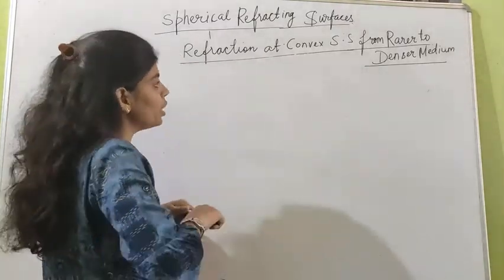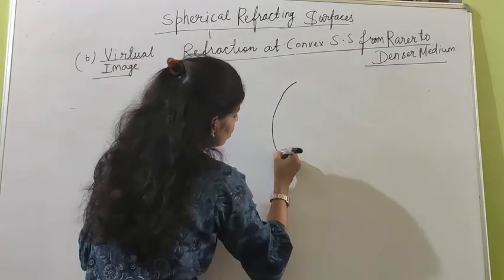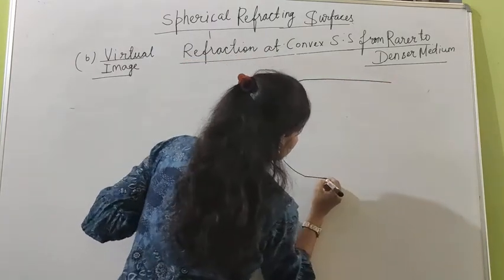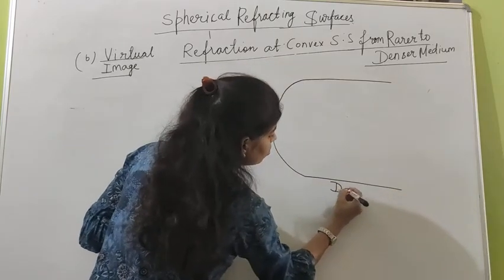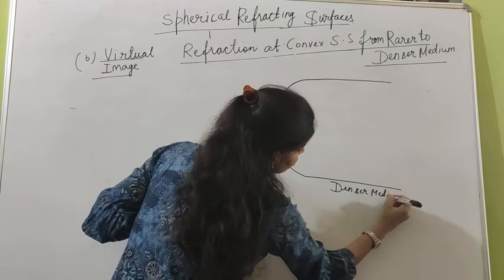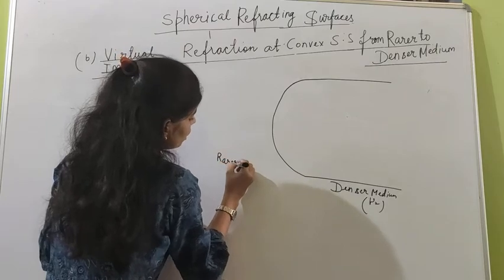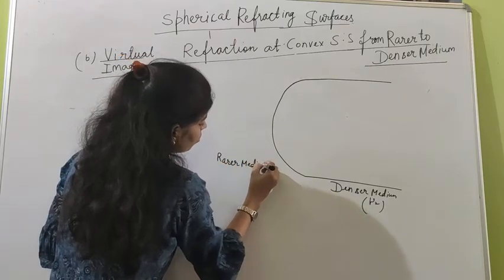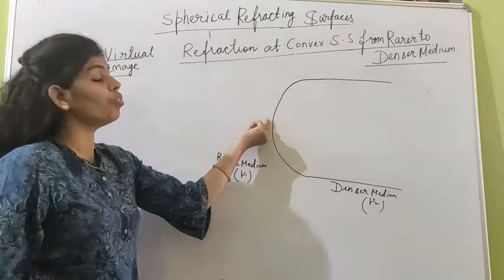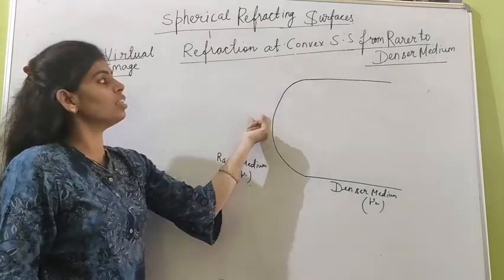So let us draw the diagram. This is the convex spherical surface. This is the denser medium with refractive index mu2, and this is the rarer medium with refractive index mu1. As the convex surface is facing the rarer medium, that's why we are saying this convex